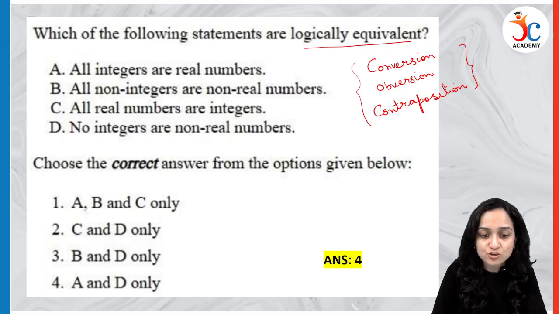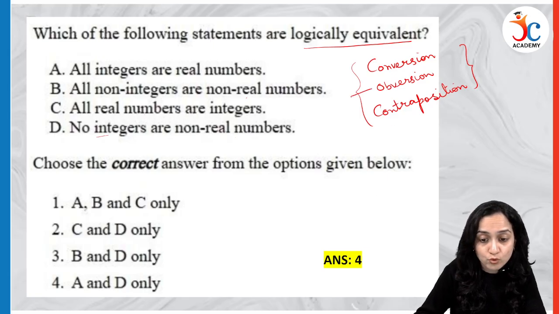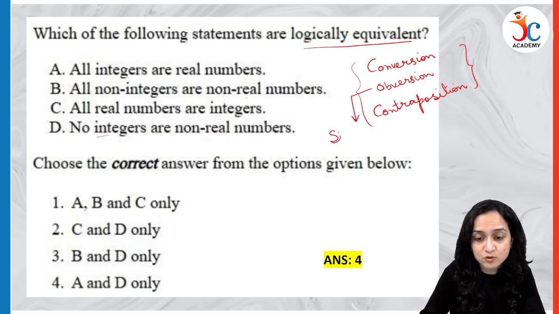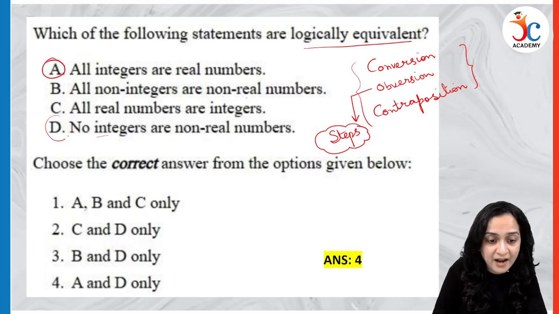So all integers are real numbers, all non-integers are non-real numbers, all real numbers are integers, and no integers are non-real numbers. So if you know the steps of obversion, you will find that option number A and D are